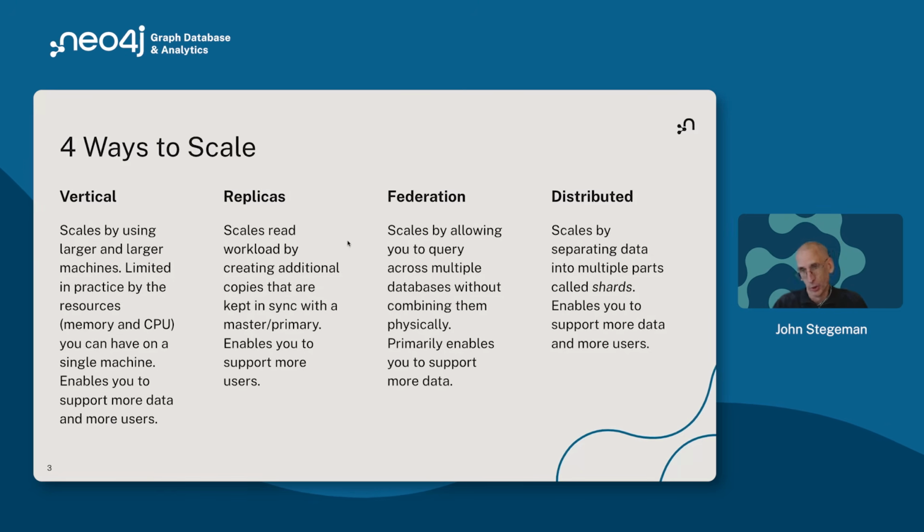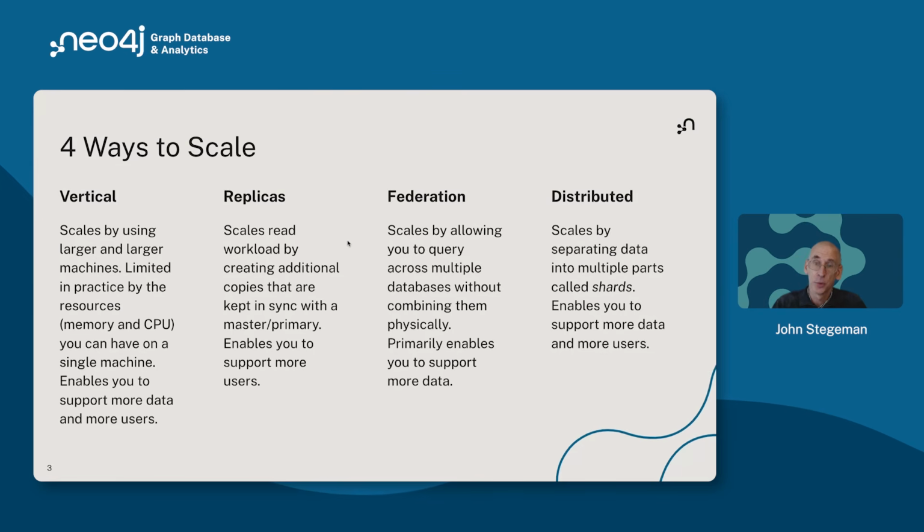Then the final approach, which is in some ways the most complex of the horizontal scaling approaches, is something we'll call a distributed approach. And there, what we do is we take our data and we break it up somehow into multiple pieces and spread those across multiple servers. Now, these pieces, sometimes we call them partitions, sometimes we call them shards. I'm going to be using the term shards as we go through the presentation today to talk about them. So what we do is we take our database, we break it up into multiple shards, and then spread it